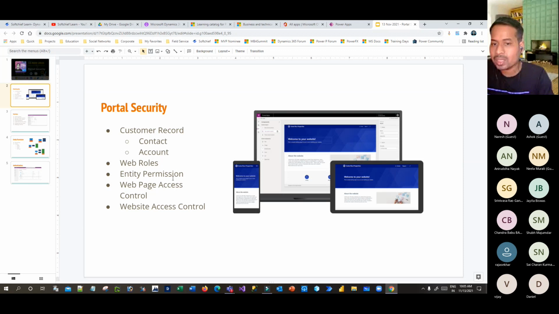So these three things are associated with each other. That defines a complete authentication or portal security. Next, web page access control. In addition to this entity permission or table permission, you can define some controls or rules for different users